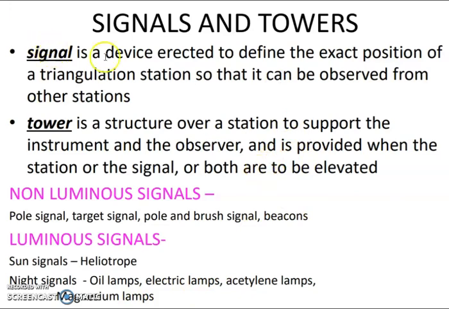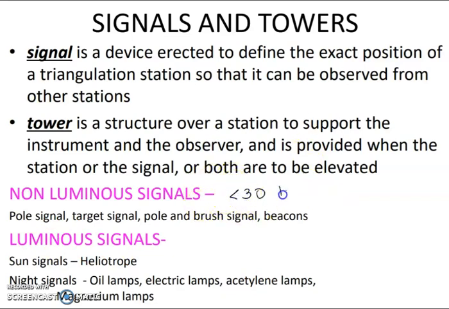Alright, so a signal is a device that is erected to define the exact position of a triangulation station so that it can be observed from another station. Now these signals are of two types: non-luminous signals and luminous signals. Non-luminous signals will be used for anything which is less than